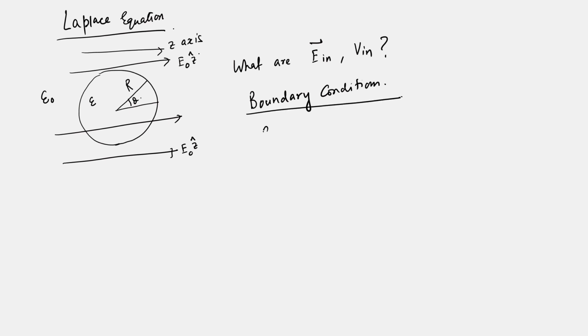At r equal to capital R, where small r is the variable and capital R is the radius of the sphere, we have V in, that is inside the sphere,